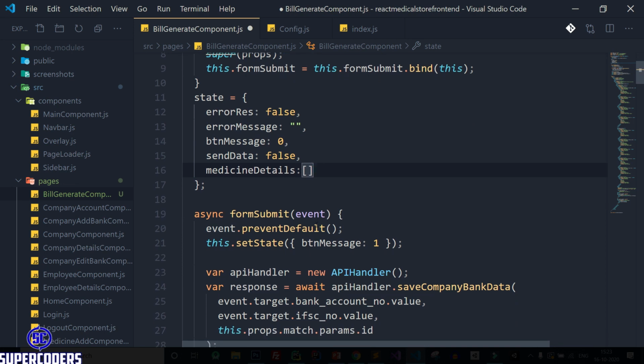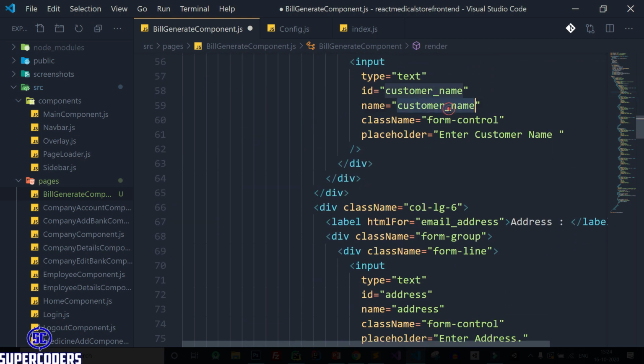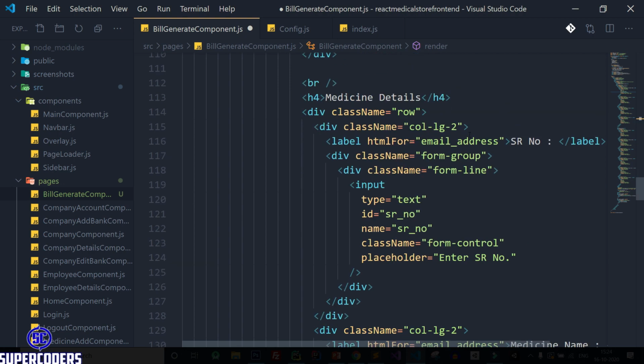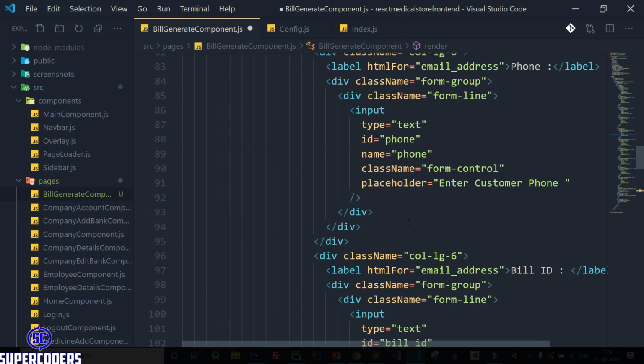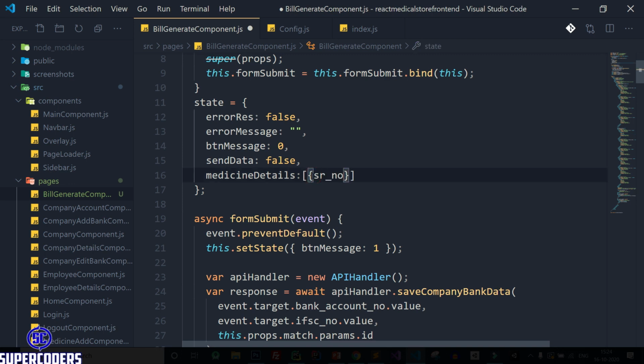After that, here we need to add some objects. So simply object and just pass the object name of this. Let's pass it SR number. Make it blank.